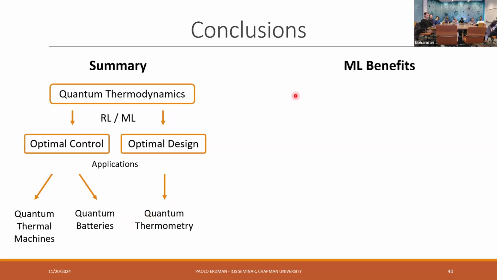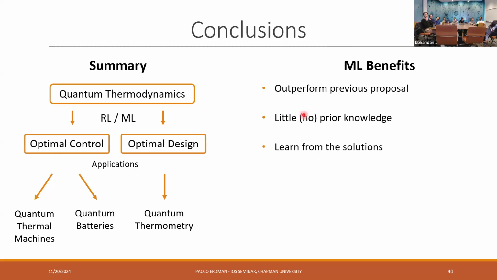And I would say probably the opposite of a benefit, the disadvantage of machine learning, is that it's a numerical method, so you don't get a nice analytical response. But aside from that, we often find solutions that work better than what was previously proposed by human intuition. It doesn't require too much knowledge about the system, or some methods can really just do an optimization without putting too much physical insight. Sometimes you can learn from the solution, like in the thermometry case, where we could see these structures emerge and then understand why they actually worked.